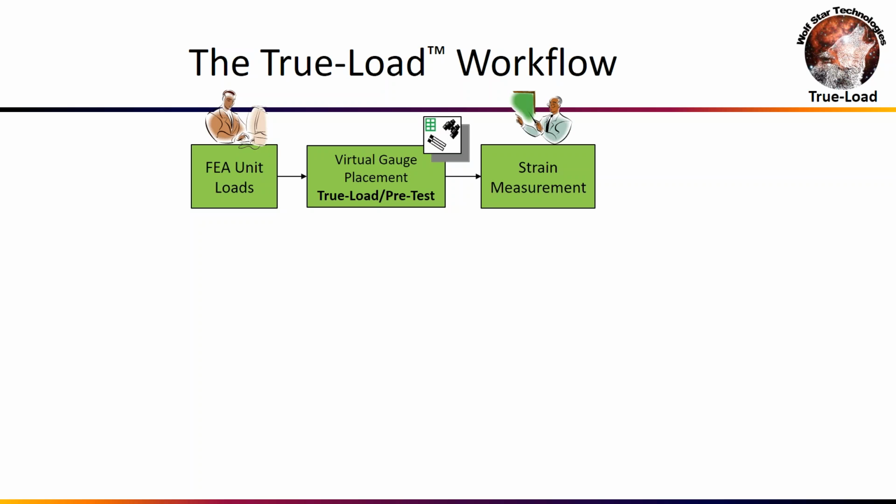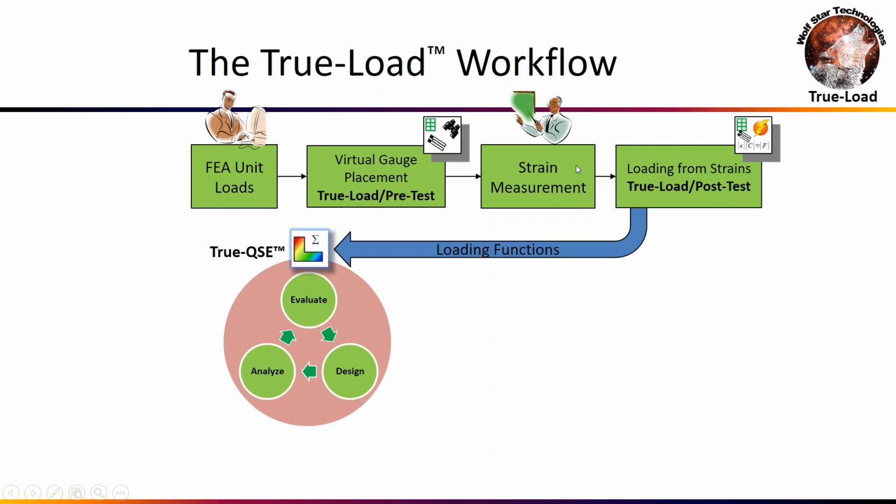Then you take those strain gauge placements from pretest, go into the lab, place strain gauges on physical parts, collect the time histories of strain data, and then once you've got those time histories of strain data, then we go back into the TrueLoad post-test software, and the post-test software then is going to take the measured strain data from tests and multiply it by the correlation matrix that we stored from pretest to generate the loading functions. And now we've got loading functions, and loads are loads are loads, and you can bring those load time histories into your FEA model and apply them to your FEA model to reproduce the full field results on the part, to do design and iteration.